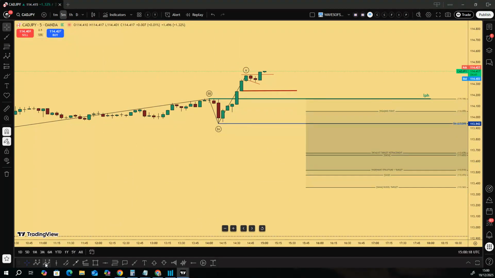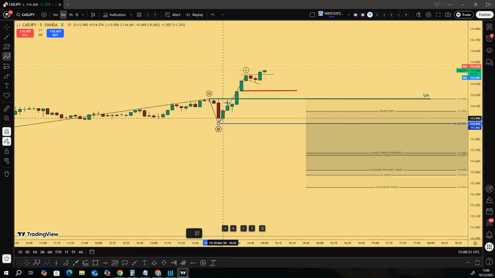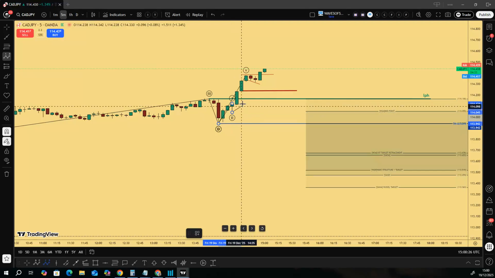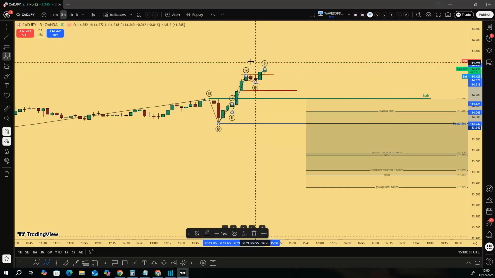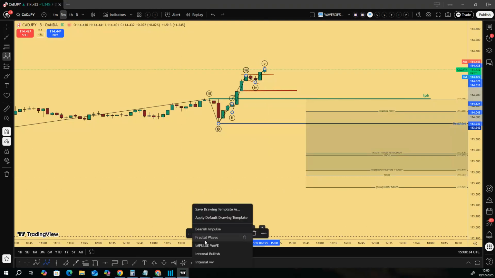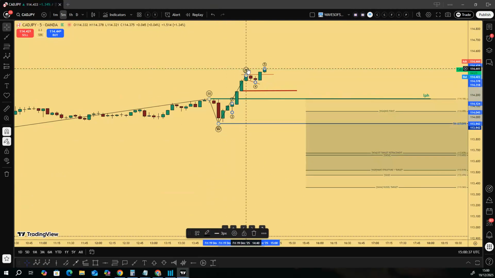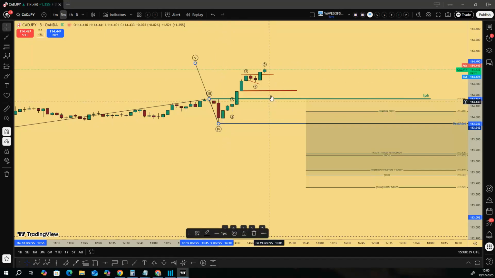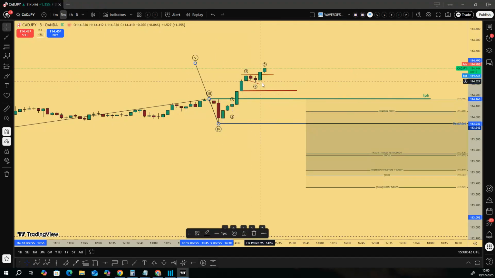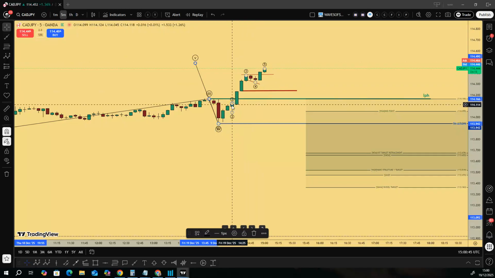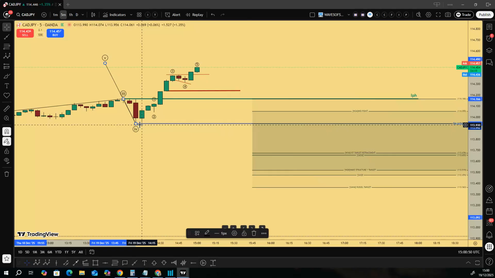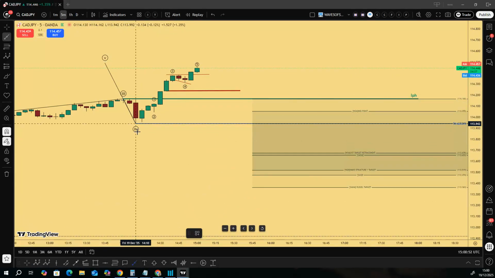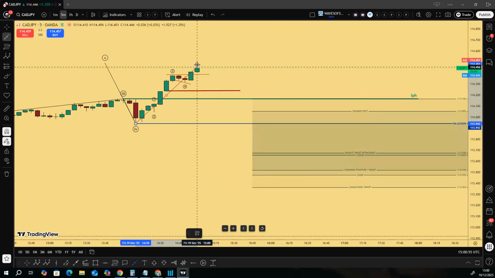So this is looking good. The internal waves of this move, I'm going to change it so that we can see. I'll use the fractal waves. Let's move the big wave to the side. This is what is going on here. Basically we've seen extension between the 2 to 3 with this wave. This single swing, we are breaking it down, that one there,